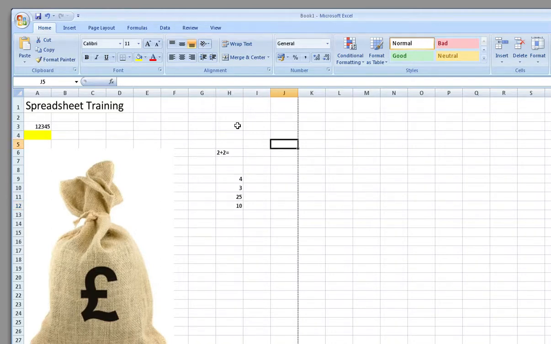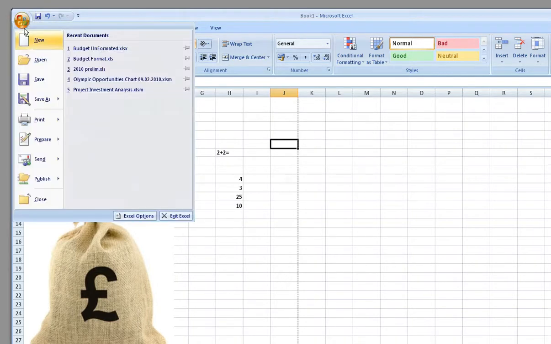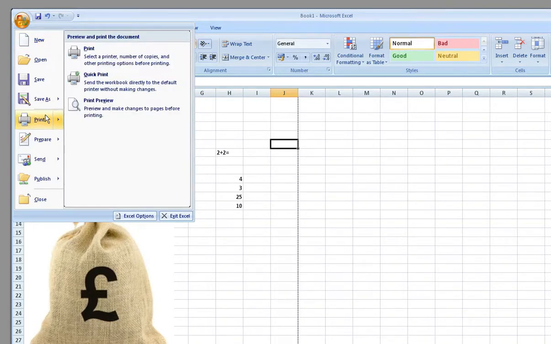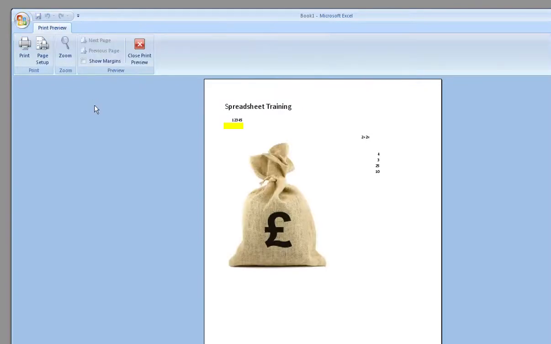So let's go on and have a look at printing. I can't obviously show you a piece of paper that I've printed out, but I can do the next best thing, and that's come up to the circular orb, go down to print, and we can choose print preview. And when I click on print preview, it's showing me a piece of A4 paper, okay, and that is how what I've currently got, now obviously it looks a bit of a mess with things a bit randomly thrown in, but that's how my current A4 piece of paper would be printed out. I'm going to close print preview,